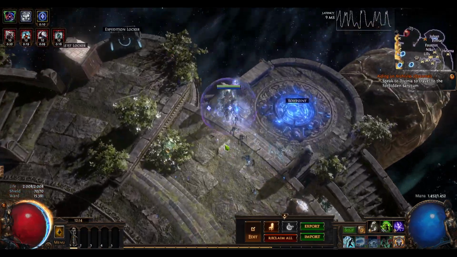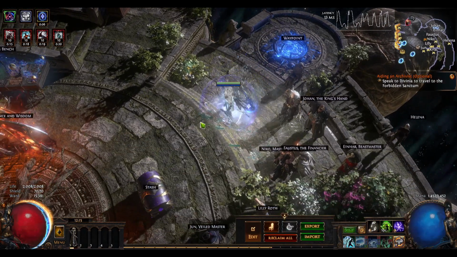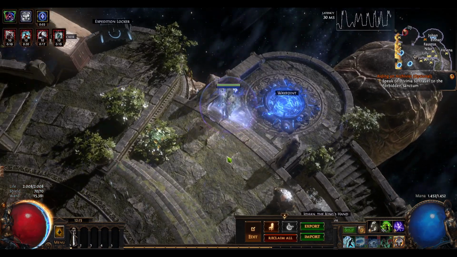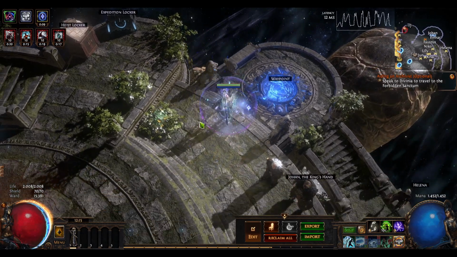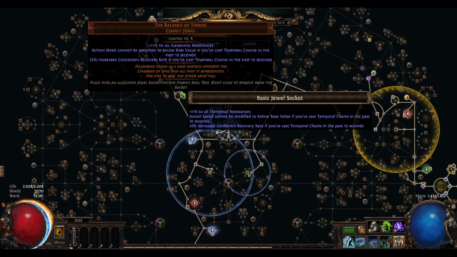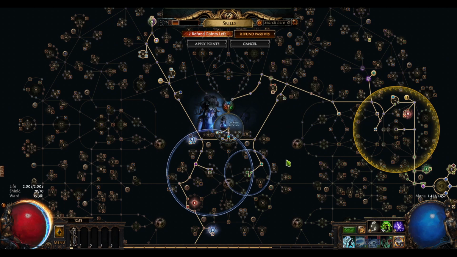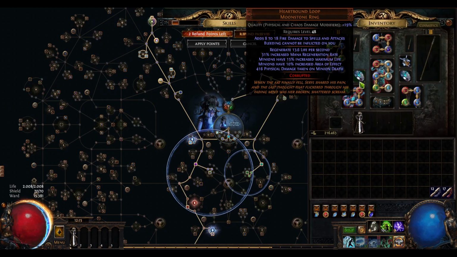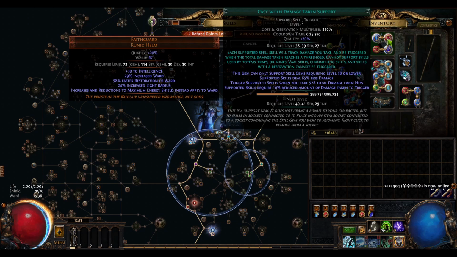you don't have to cast your main skills anyways, because they are cast automatically by Cast when Damage Taken, so it's not that bad. You just cast Temporal Chains every 10 seconds. And you also want to cast it because you get 25% increased CDR, which is good for Cast when Damage Taken. And the setup that I have with my Cast when Damage Taken, I'm using SRS,